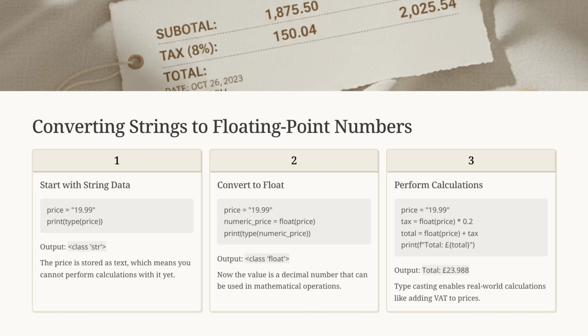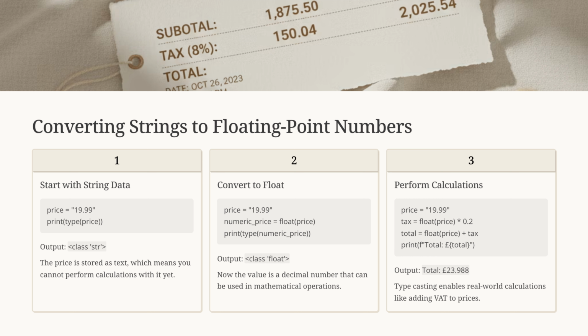Now let's see how to convert string data into decimal numbers step by step. Step 1. Start with string data. We set price equals "$18.99". Right now, this is just text, not a real number. Step 2. Convert it into a float. We write numeric_price equals float(price). Now Python sees it as a decimal,